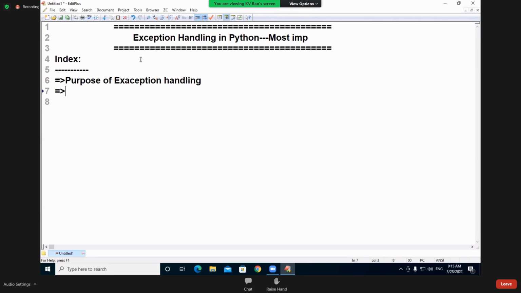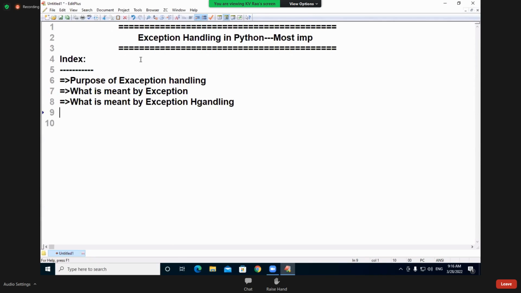Second point, what is meant by exception? And next we must understand in the class what is meant by exception handling. Next we need to understand types of errors.